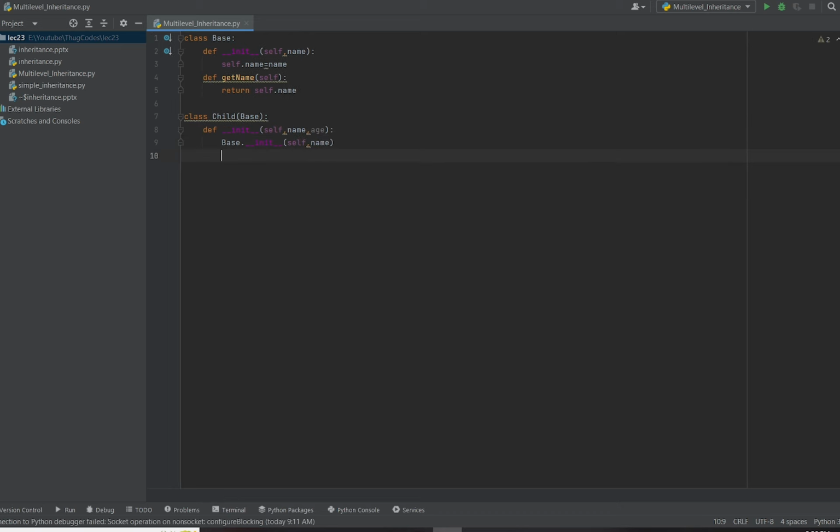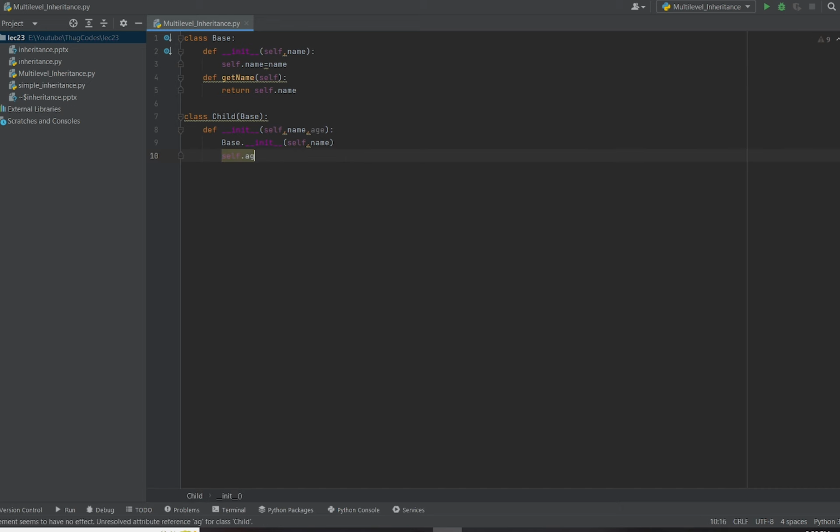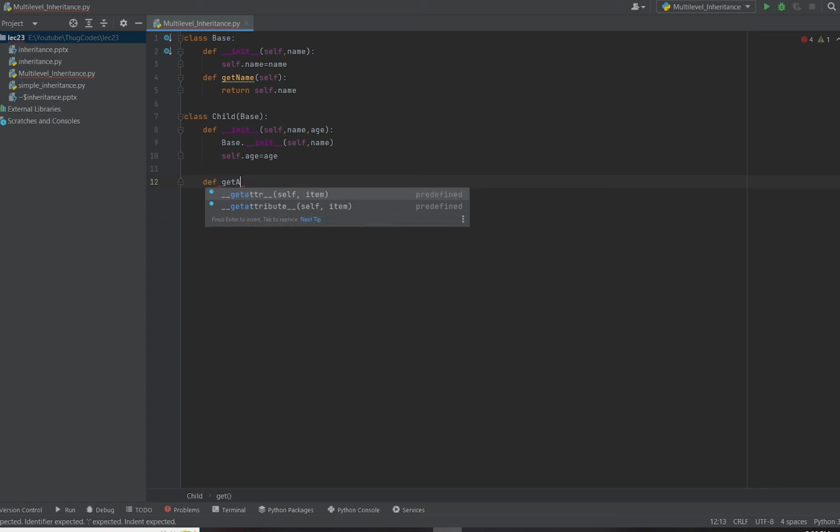And yes, we have to define the age here inside the child class. And let's make a getter function for age. We don't need to make the getter function for name because we have already implemented that in the base class and we can access that from there. So get age,